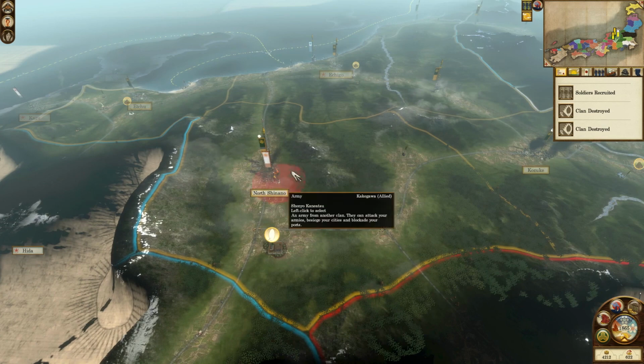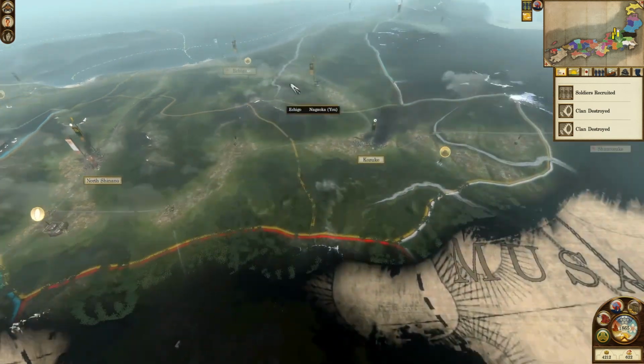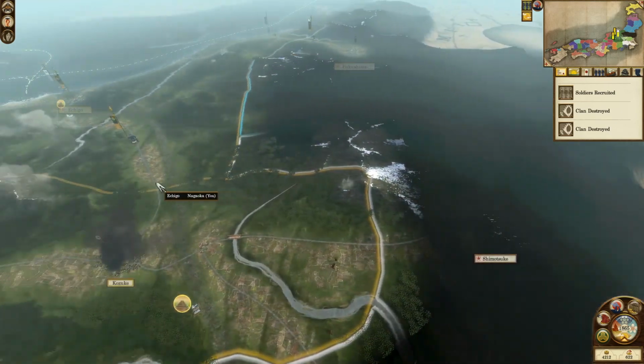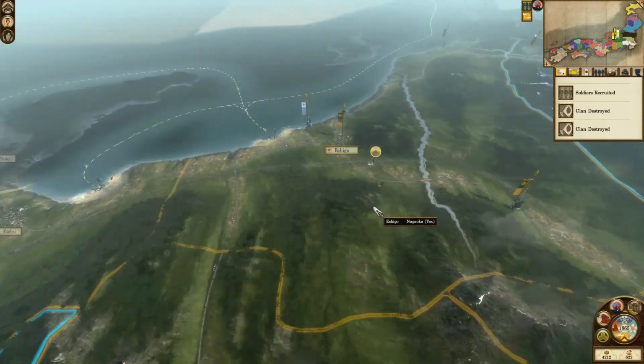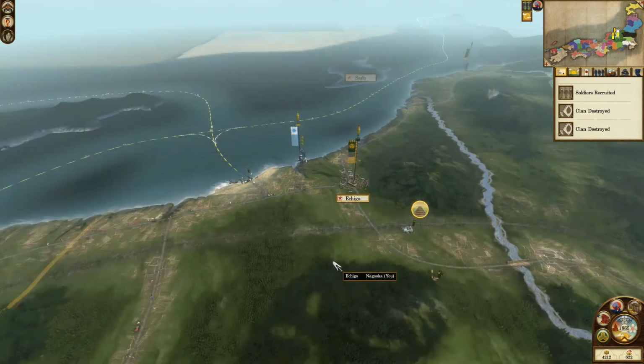The Tokugawa as well have just immediately latched on. They're still residing in North Shinano. They must be bunking with my peasants. I don't really know what they're doing. Wherever you are. I think we'll have to end the turn here, though, and hope that the Morioka decide to attack Echigo and not just raid all of our stuff, because if that were to happen, I don't know what